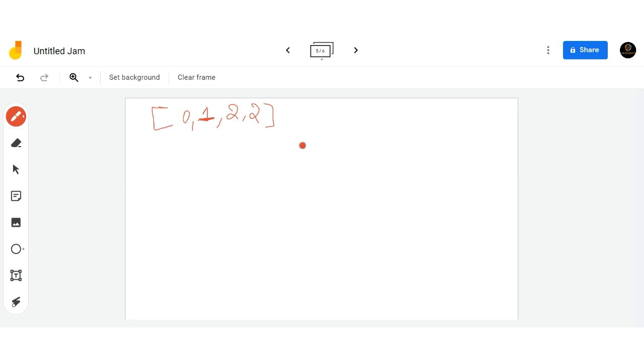Here I have taken an example of an array. Now if we have to find the number of special subsequences, we will declare three variables. Its solution is through dynamic programming. You can also make an array, or here, as the numbers are only 0, 1 or 2, I am declaring three variables: sum 0, sum 1 and sum 2.